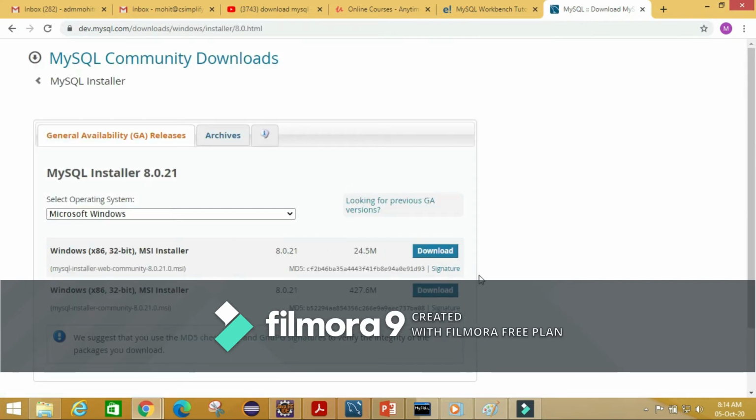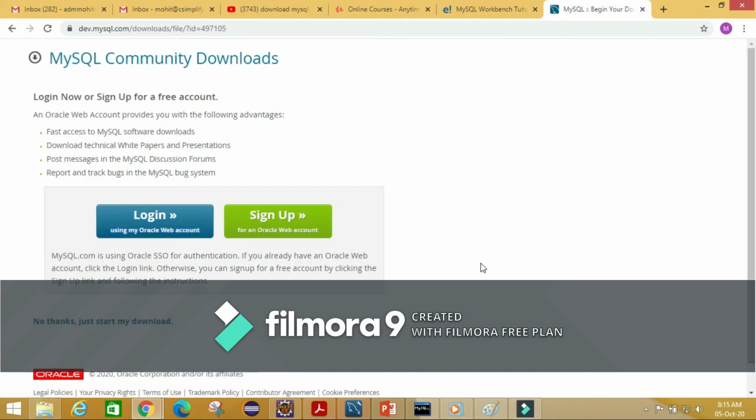Here we have two links. One is MySQL installer web community, and the second one is the offline MySQL installer community, which means you can download this offline, and the other can be done online. So I'm just clicking on the download button. If you don't have an account in MySQL, then there is no need for it.